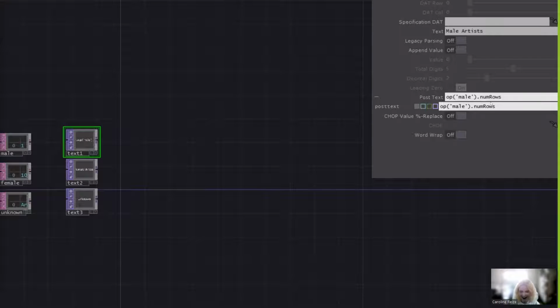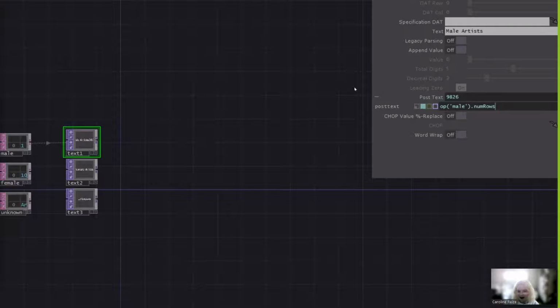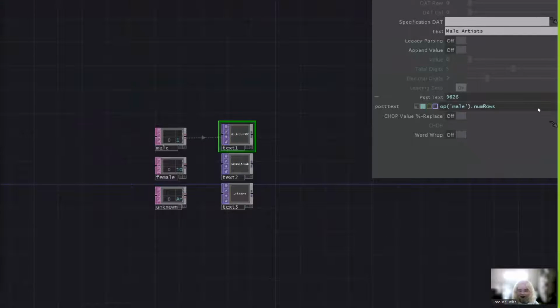How do you call this? You can change between expression mode, export mode, and binding mode, or just using constant values. So I'm going to change it into expression mode. And as you can see, we have 9,826